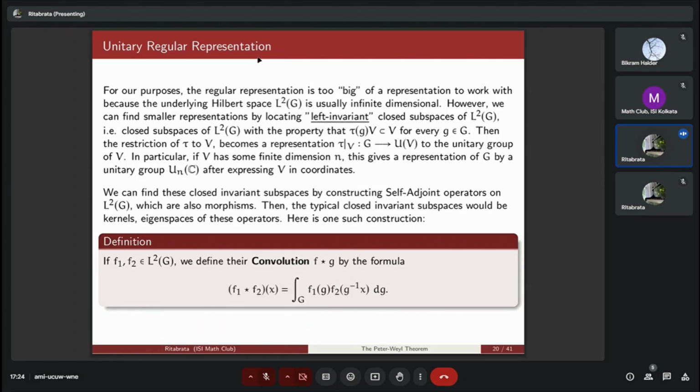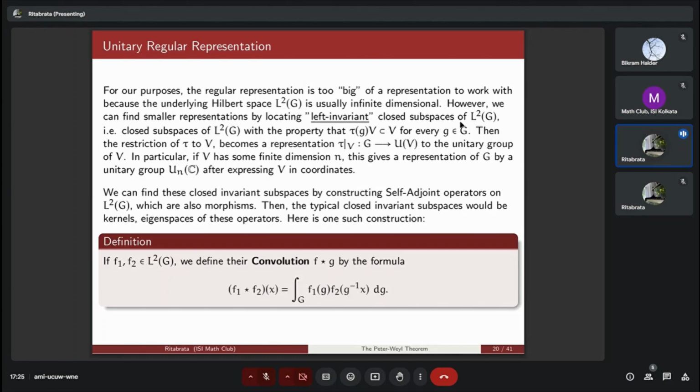So we want to find smaller representations by locating left invariant closed subspaces of L2(G). Left invariant is again important because we need to respect the group action structure. Why are we looking for closed subspaces? It is very convenient because you can apply the spectral theorem and a lot of things. For finite dimensional vector spaces, all subspaces were closed, but this is not true for infinite dimensional vector spaces. So here we need to pay special attention to closed subspaces, and we'll try to study them